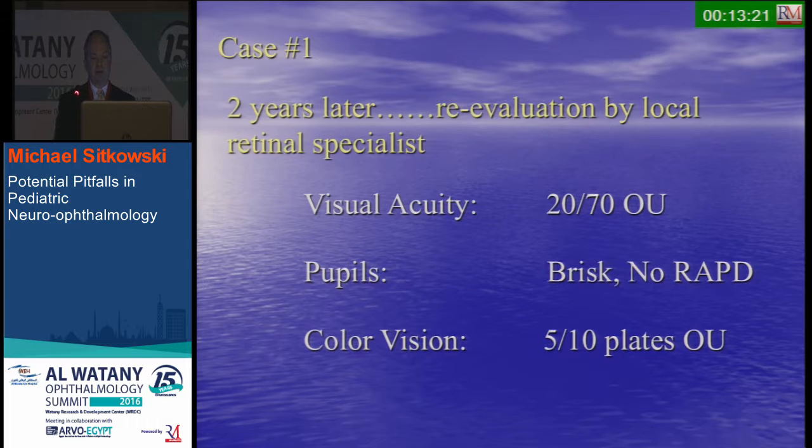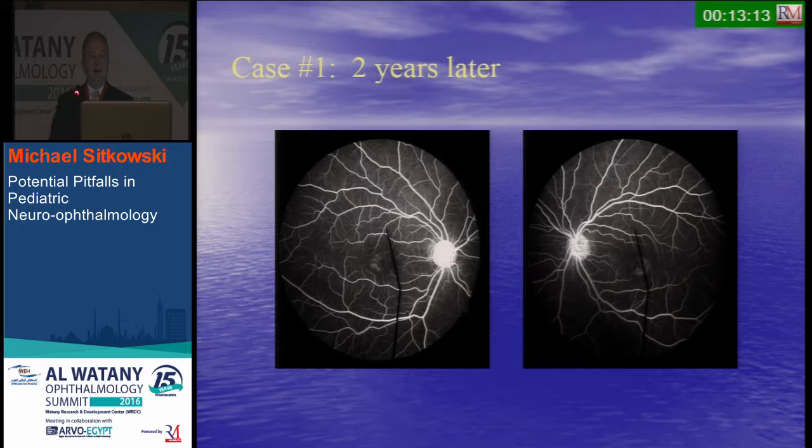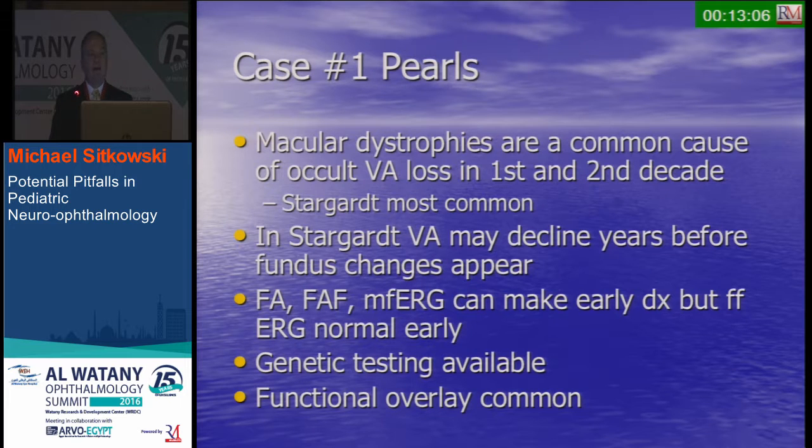Now, of course, 2 years later, she went to see another doctor. Her visual acuity was 20/70. Her color vision was worse. And if you look at the fundus now, you do begin to see some fine pigmentary changes in the macula. And fluorescein angiography showed a dark choroid, consistent with Stargardt syndrome. So what I learned from this is that macular dystrophies are very common in the first 2 decades of life,